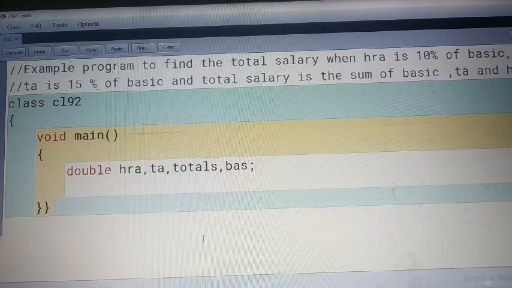So this way we have taken all 4 variables. Now we have to take the value of basic. We can take the value of basic directly.